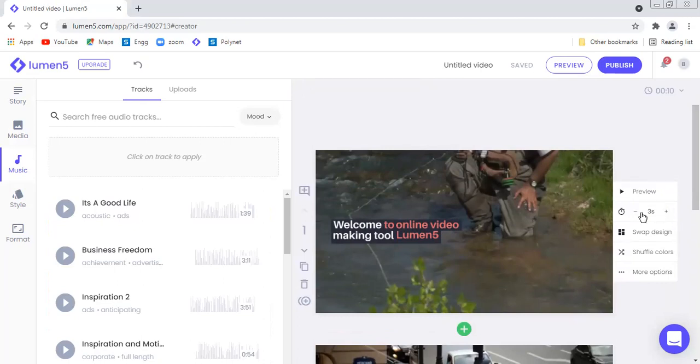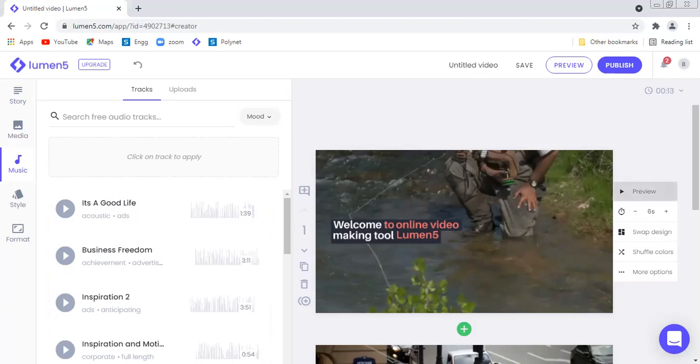You can see now this slide will be available only for 3 seconds, or in front of you for 3 seconds. After that it will change. If you wish to increase the time, you may increase it. If you wish to decrease, you may decrease the time, right? Now I was talking about the music.